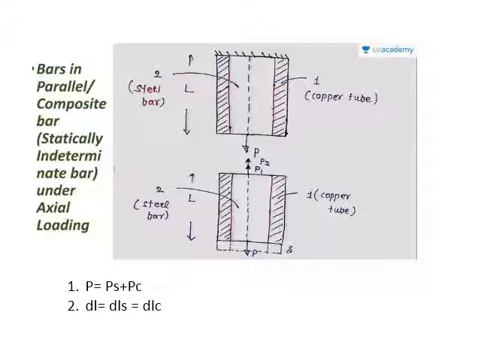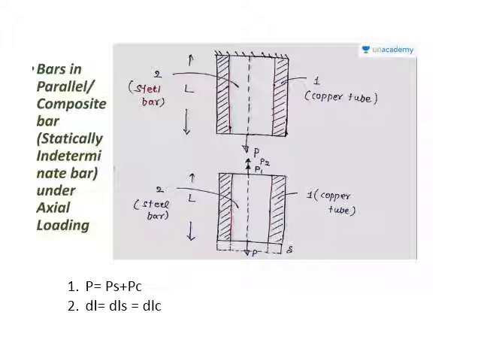And as I said, in a composite section the deformation remains the same. It may be in terms of steel or copper, we assume that the deformation is the same. That's what you can observe in the second picture. The dotted line indicates the deformation. So when I apply a load P, it has undergone deformation, right? This deformation is the same in copper and the same in steel. So that's why I can say that delta L is equal to delta L steel, which is equal to delta L copper.